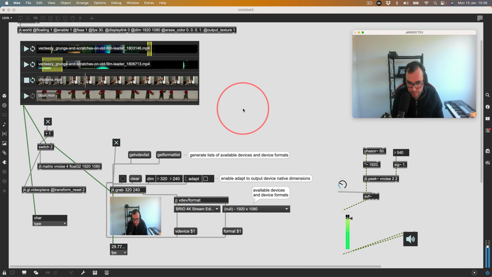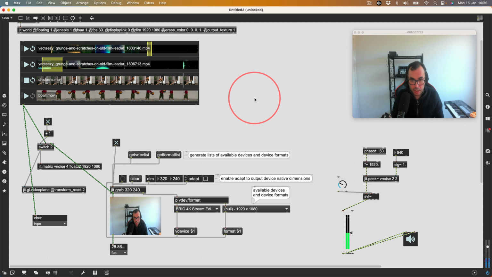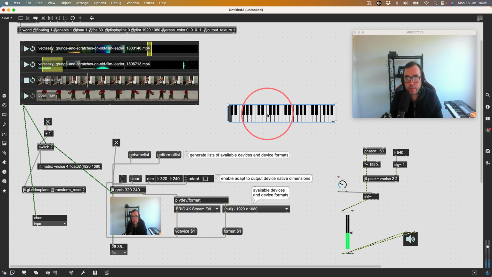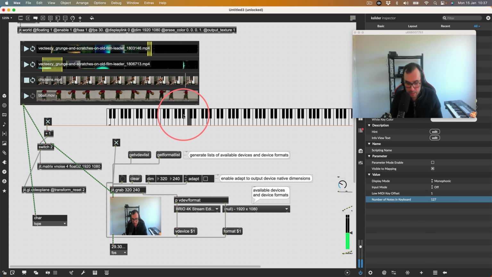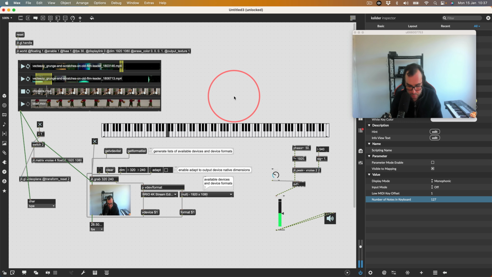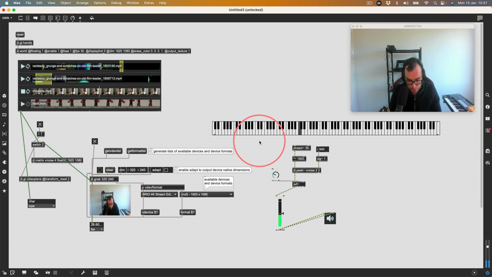Right, let's see if we can control that frequency of the phaser with a keyboard. Let's make a K slider. Let's go into the inspector. Let's set the low value to 1 and the high value to 127, I think. Okay, now we've got a nice big keyboard. Zoom out a little bit. Let's close the inspector. And then let's make an mtof to convert MIDI to frequency. Plug that into our phaser. And then